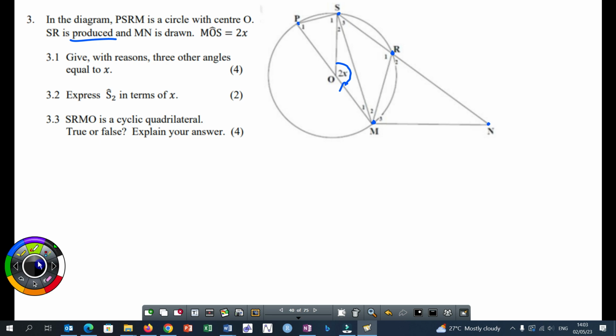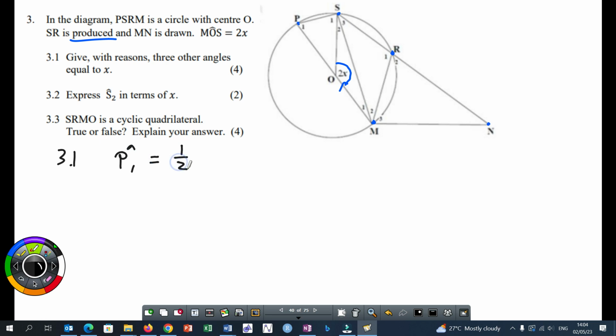Do you see it? SM is a chord. It subtends an angle, which is a reflex, an obtuse one, at the center, that is 2x at the center. The same chord subtends angle P1 at the circumference. Do you see that? Yes. So, for 3.1, we'll say P1 is equal